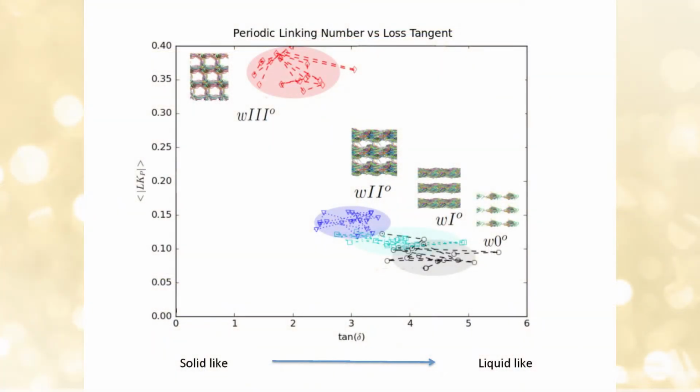Then here's the periodic linking number for these systems. And here we see a dramatic separation between the almost unentangled systems and the more entangled systems. Again it groups together the different responses. And it shows that the more solid-like, the more pairwise entanglement there is, the higher the periodic linking number. So that tells us that